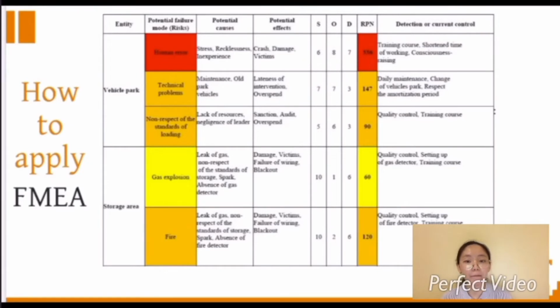And what is the entity? The entity is for the 5 areas that I told you before of the risk identification, which are the vehicle park, storage area, waste storage area, transformer, and distribution lines.